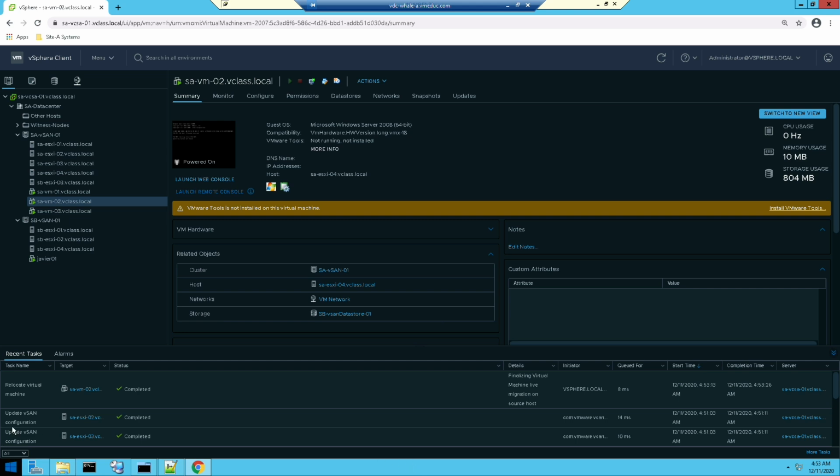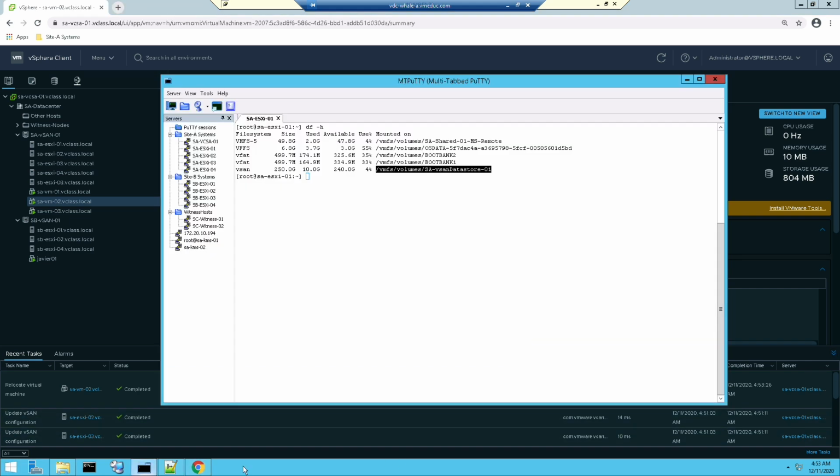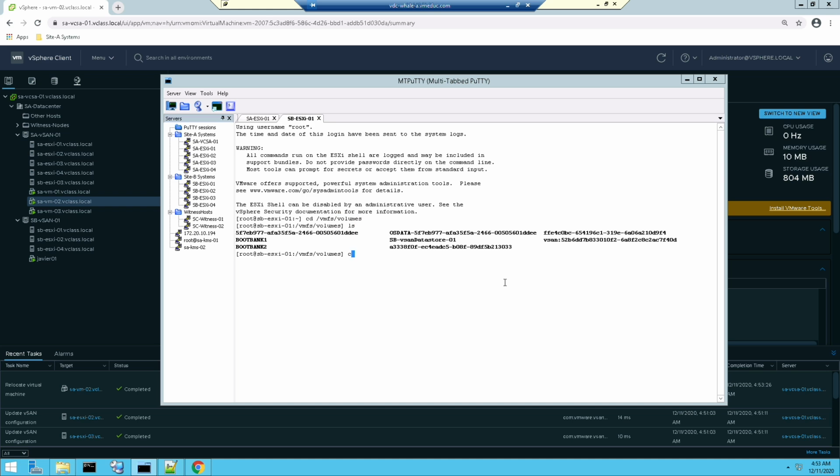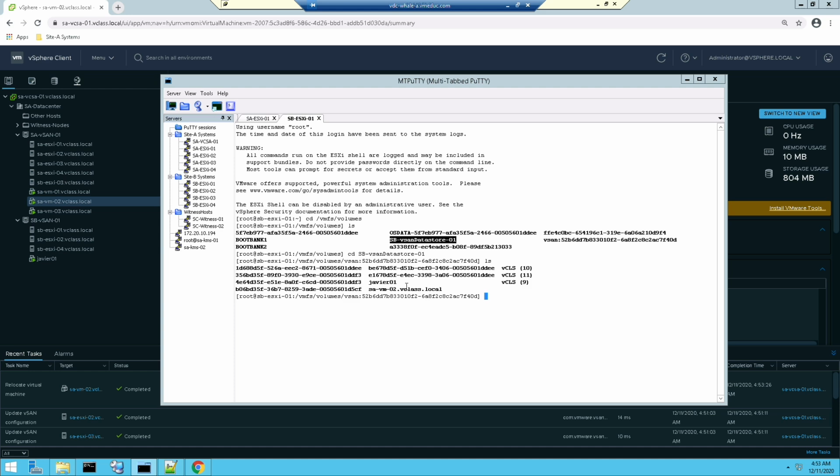Now, what I'm going to do is I'm going to PuTTY into one of the hosts belonging to the second cluster. And I am going to go, obviously, to VMFS volumes. And then from there, I'm going to go to the mount point for SB vSAN datastore 01. If you take a look, you can see the folder for that VM, the one that I just Storage vMotioned, appears here. I could do the same thing with the GUI, but I prefer in this case to show you